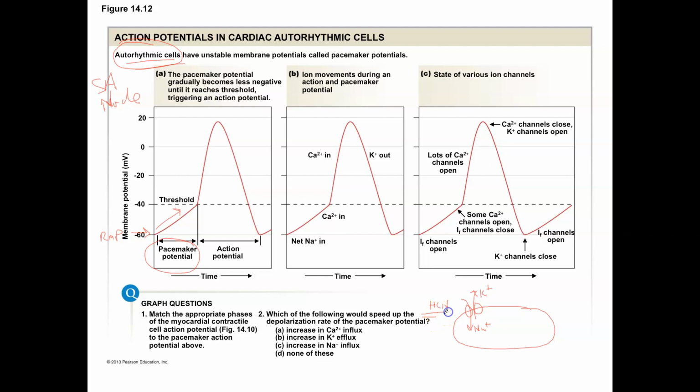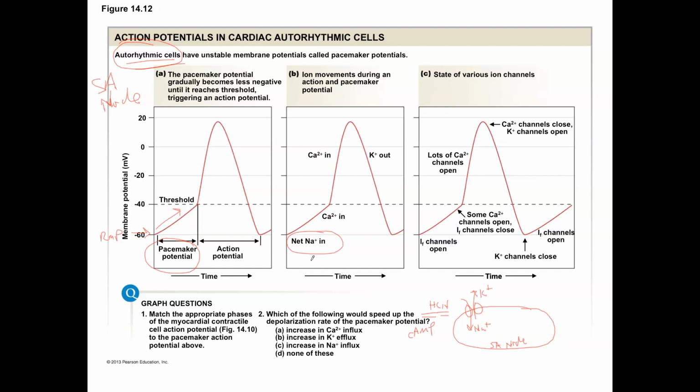They're also affected by cyclic nucleotides, which would be cyclic AMP, and I'll talk more about that in just a minute. So these HCN channels that are found in the SA node cell are allowing sodium and potassium to move through. There's a greater movement of sodium into the cell than potassium going out, so there's a net sodium influx, which is going to cause the cell